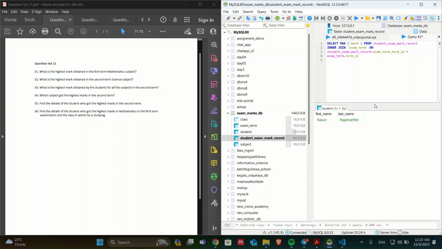Again we are going to use the inner join, and this time we are going to select the subject. So I have selected the subject, so we'll put it within the grade marks,